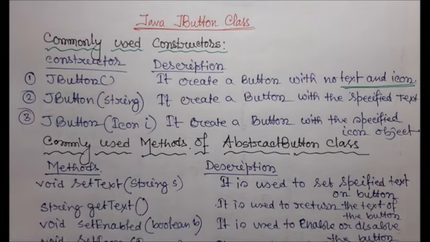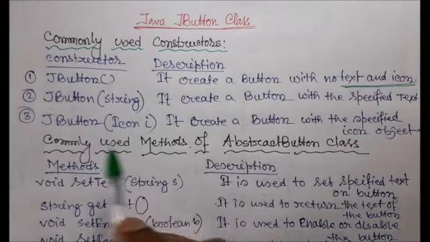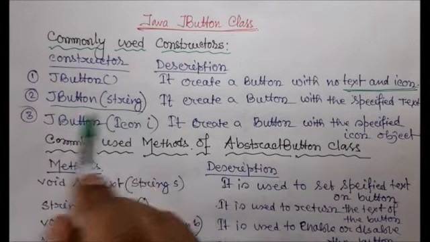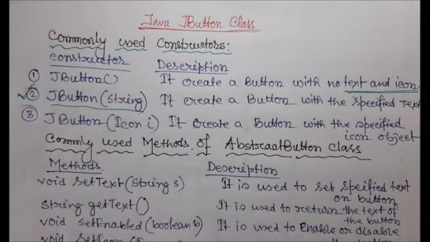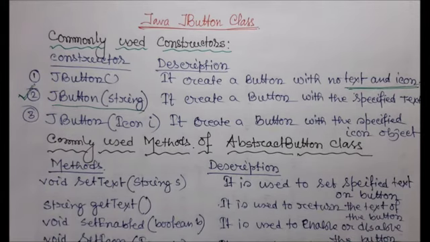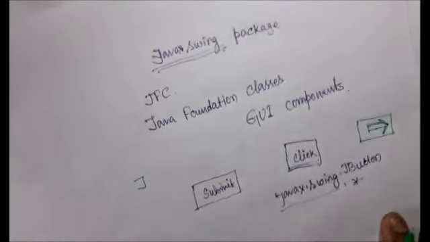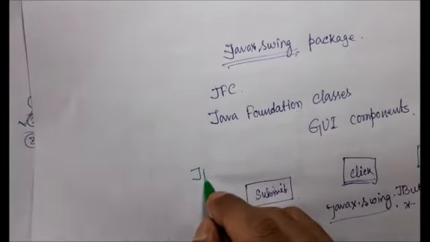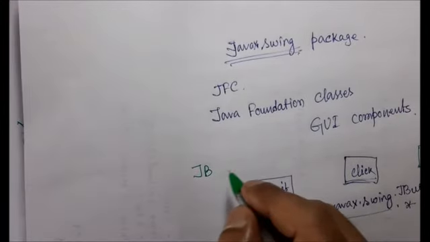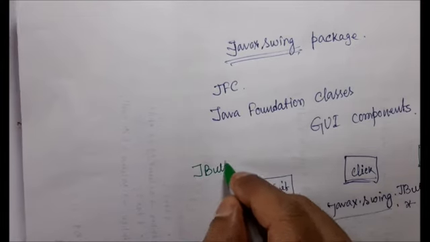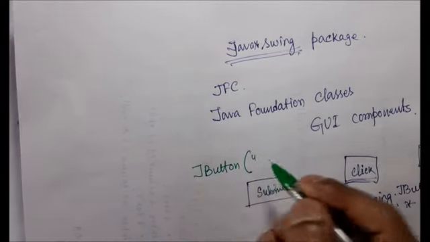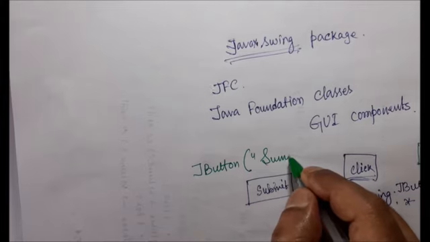The first one is the no-argument constructor, and the second one, which is most frequently used, is JButton with a string. This constructor is very important, because most of the time you are going to use JButton with a string. It creates a button with the specified text. Suppose I pass a string, for example, JButton j = new JButton, and if I pass a string such as "Submit", then that string